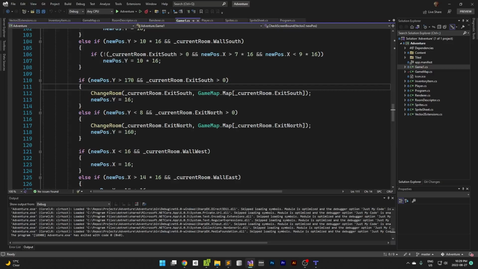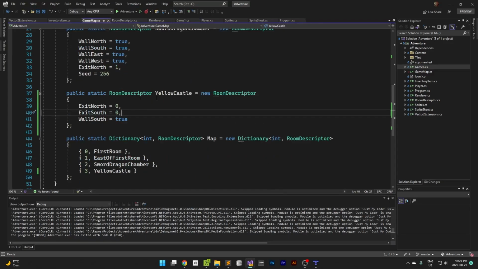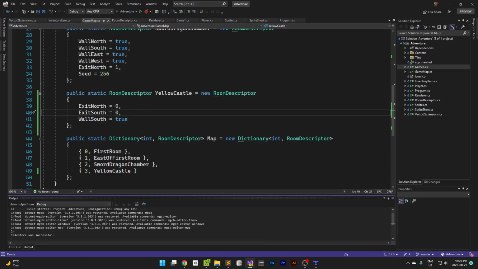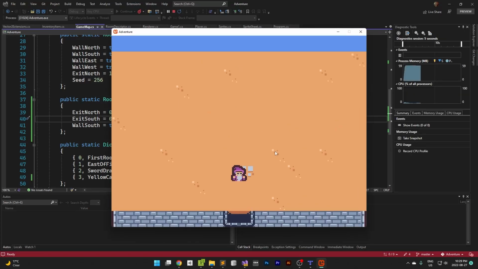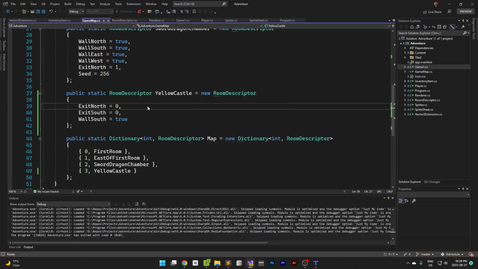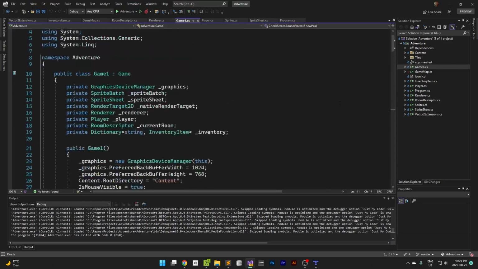Before I get too deep into this, I should probably start recording. So I added the yellow castle there, and I changed the exit to be south to 0, which makes sense. So the first screen you go north, and this is going to take us to the castle scene, but it's not letting me go down, and the reason why is because I found another bug, which is this one here, which is exit south is greater than that there, and I'm going to change this to